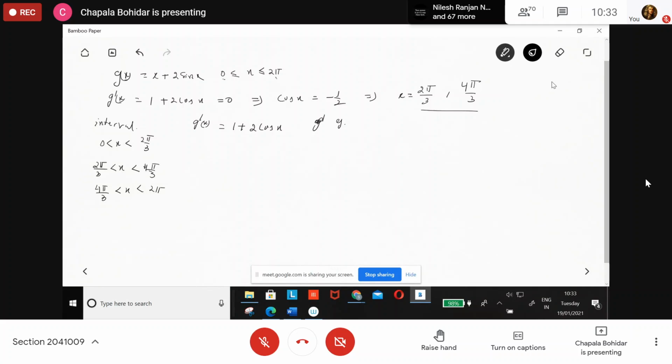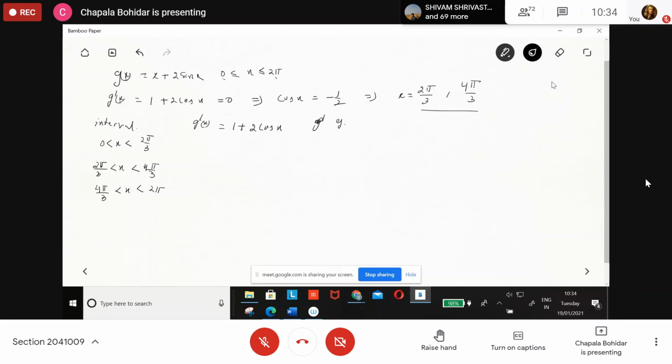In the mean value theorem and in Rolle's theorem, the function is differentiable on the open interval. That's why I'm writing all the intervals as open. It is differentiable on that interval, not including that point. By considering all points in between that interval, it is differentiable, excluding all these critical points.